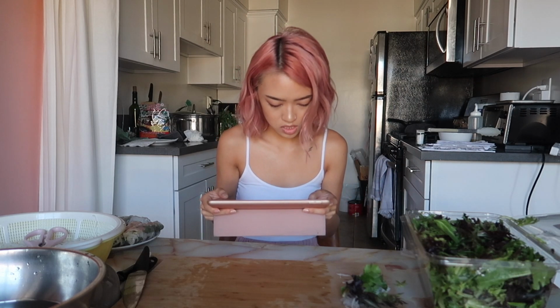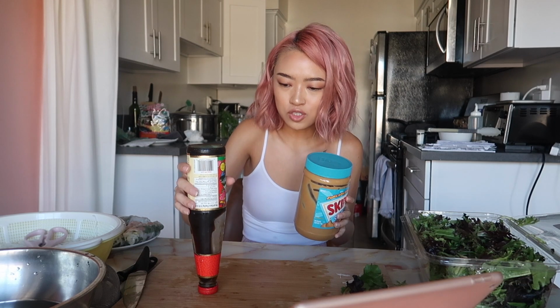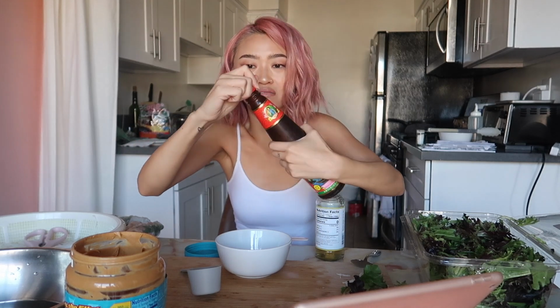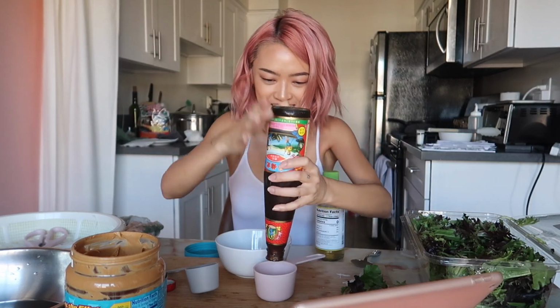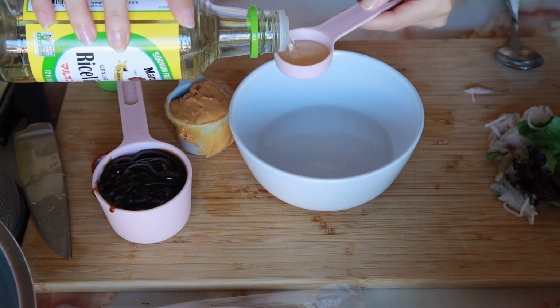Okay, now I'm going to attempt to make the peanut butter sauce. Okay, so you need hoisin sauce. I should probably put it upside down so it drips to the bottom, and peanut butter. Okay, so we'll do a 1/4 cup of water. I feel like I'm on a cooking show right now. 1/2 cup of this. Okay. Oh, no. It's expired. You know what? It sucks. It should be okay, right? Now I think we need a 1/4 cup of peanut butter, a tablespoon of rice vinegar,